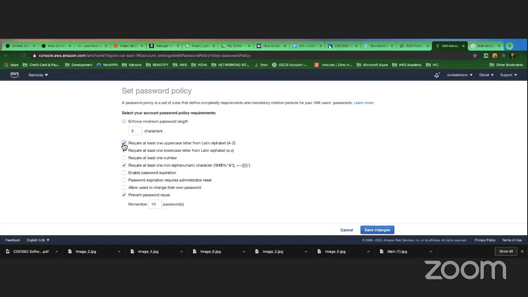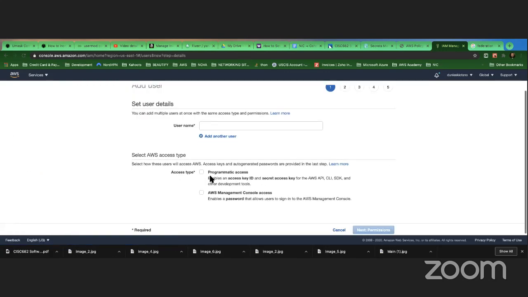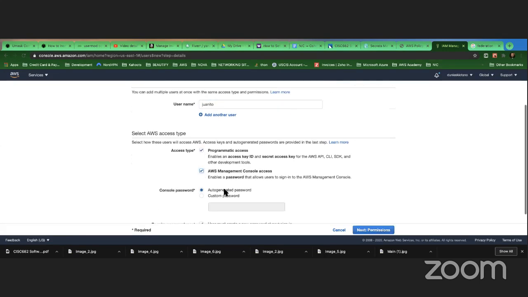That will make sure that every user, when they create a password, complies. When I create a user, I can have the user create their own password at the next sign in. Let me say Juanito. I'm going to give Juanito access programmatically and to the console.